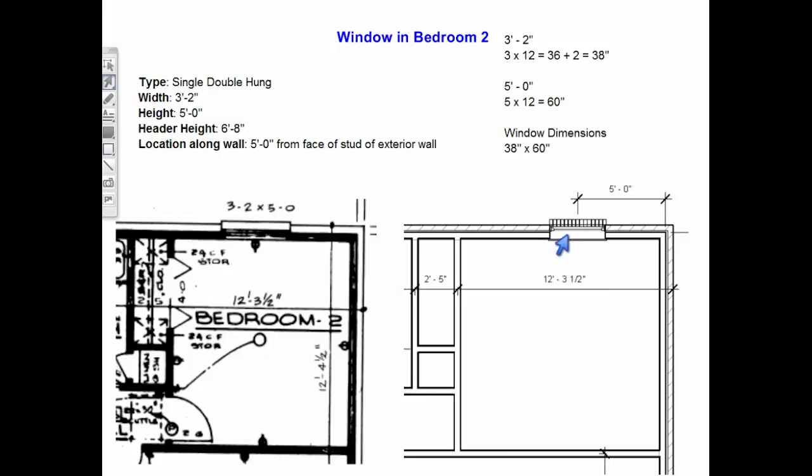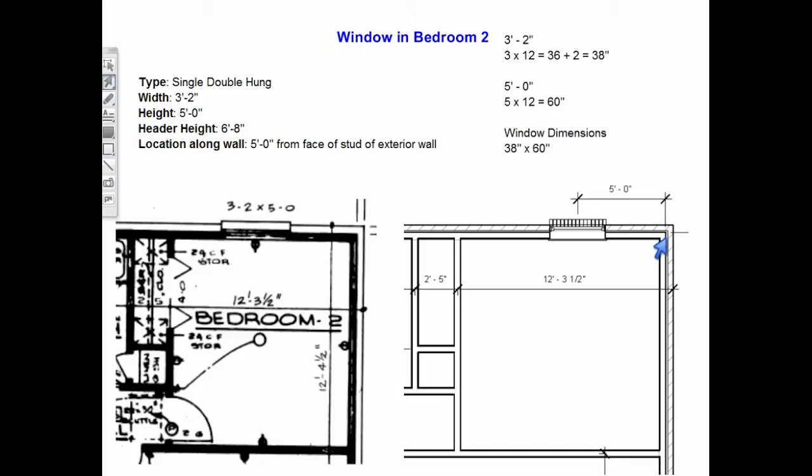After placing the window on the wall, use a dimension to locate the position of the window along the wall. Whenever dimensioning windows, usually the dimension references the center of the window. The center of the window in bedroom number 2 will be 5 feet from the face of the stud in